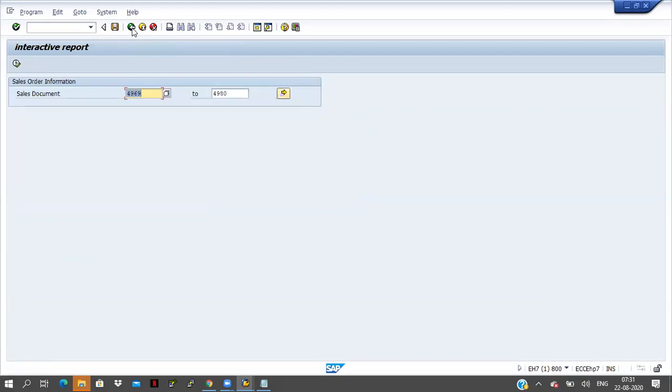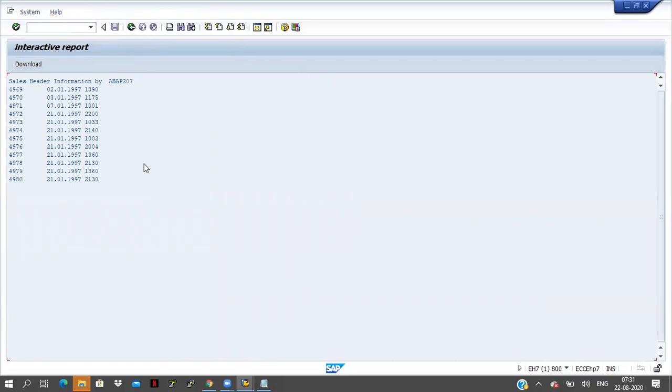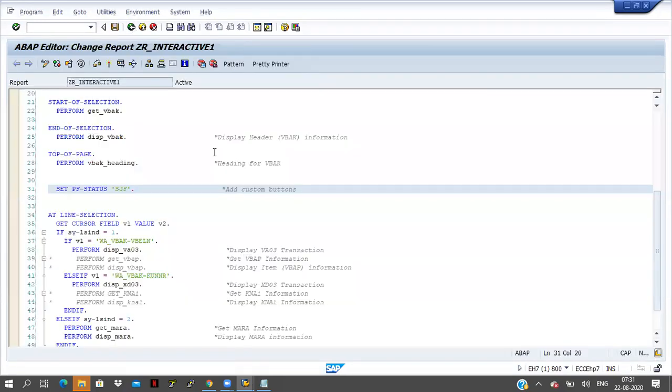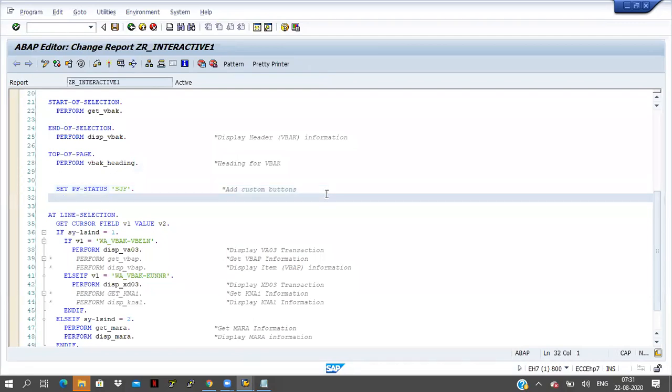Fine. Now I am getting some data here, and the back button is also coming, and the download button is coming. If I click on the download button, I want to download some data here. Click on back. Fine. Here I have to check: I am adding 2-3 buttons also, but on which button I have double clicked, on which button I have clicked here, how can we get to know?